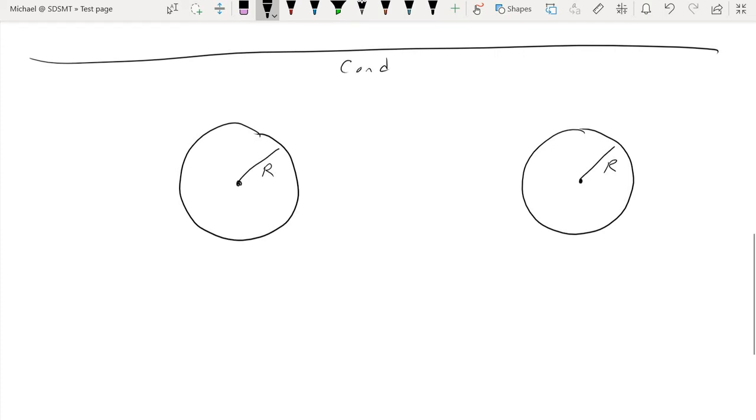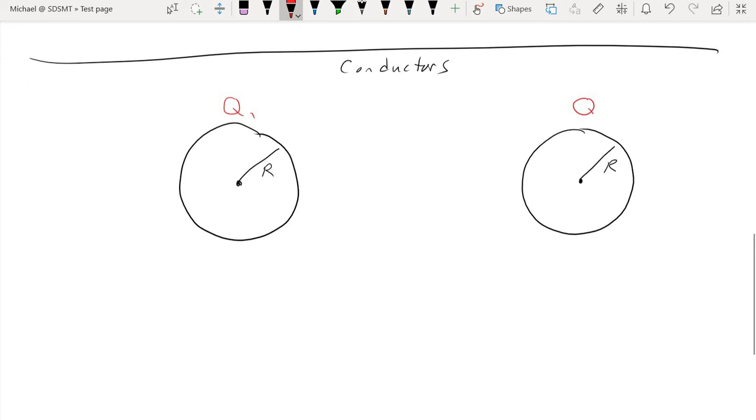So these are both conductors. And we're going to place an excess amount of charge on each of these spheres. And because we're going to have such a large amount of charge on these spheres, the author of our book has a tendency to call these larger